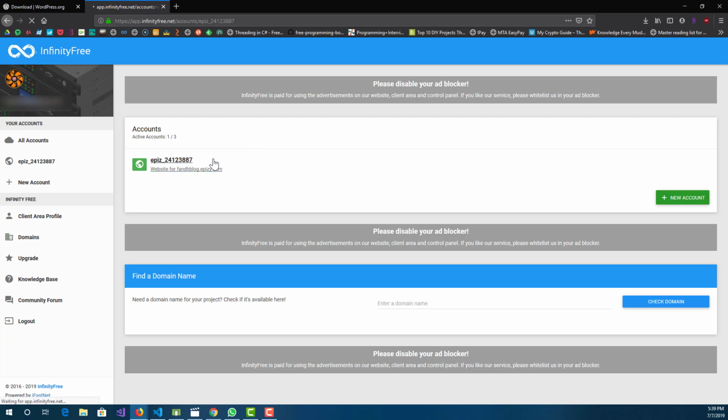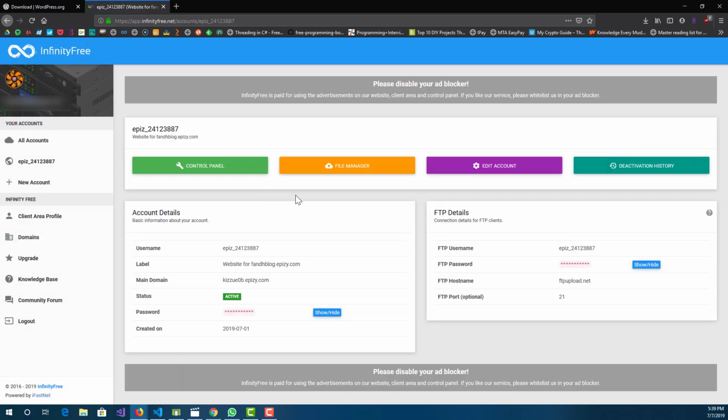Once it's set up, you can click your account. You can see all this here. You can see the status. Mine is active. I've had it up for a little while now, a couple of days ago. It gives you all this information. Obviously, you're going to need your passwords here, if you need them for FTP purposes or anything else. All right, so now let's actually go to the website